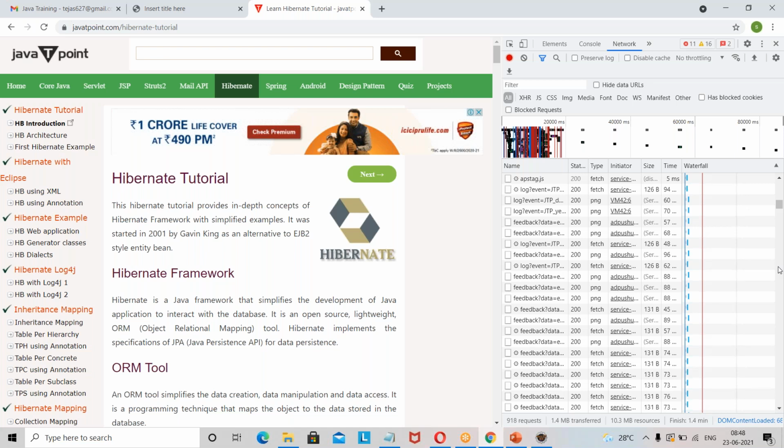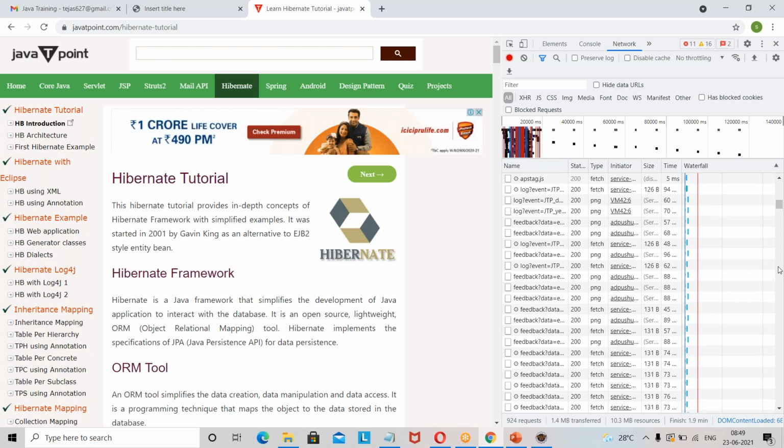But in real-time scenarios, sometimes all the image files, PNG files and all these files are kept in another server, not in the same server, just to reduce the load on the server. That is what I was thinking from that perspective. It depends actually. If it is a very small application and you do not have a load on it, they keep everything in one place. If they feel it has a lot of information, then to balance the load on the server, they do it separately.